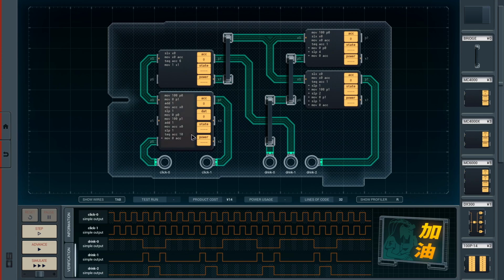Move 0 to accumulator is what that does, with this test equal accumulator 10. The accumulator is equal to 10, and that turns the accumulator to 0. So that's all fine and dandy, right? And then